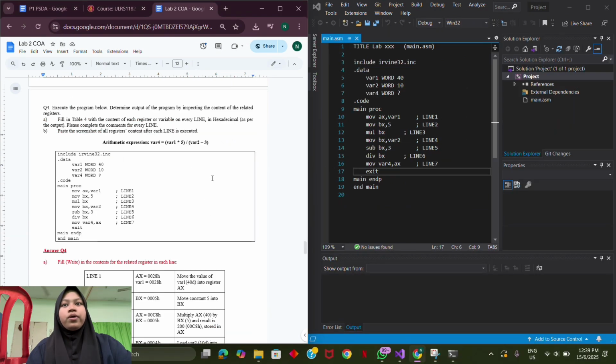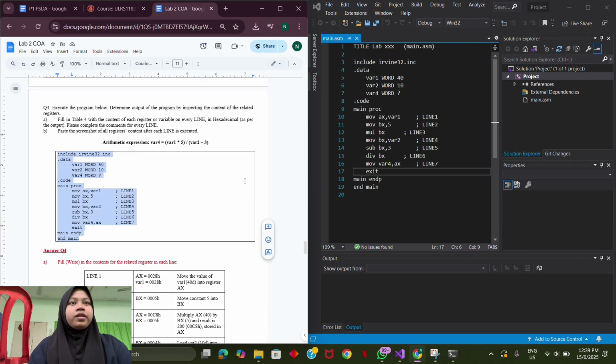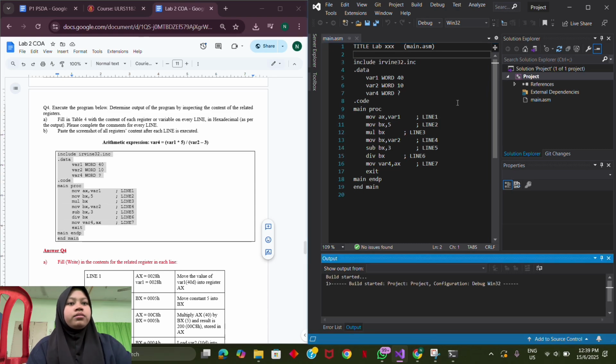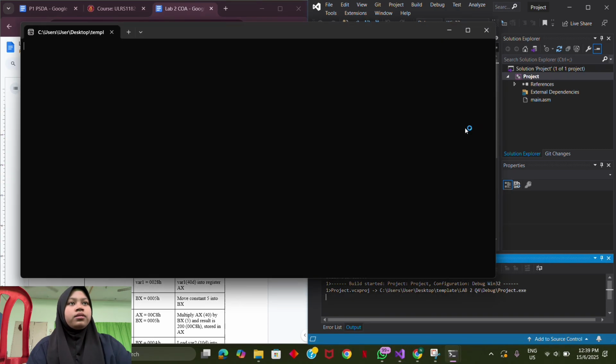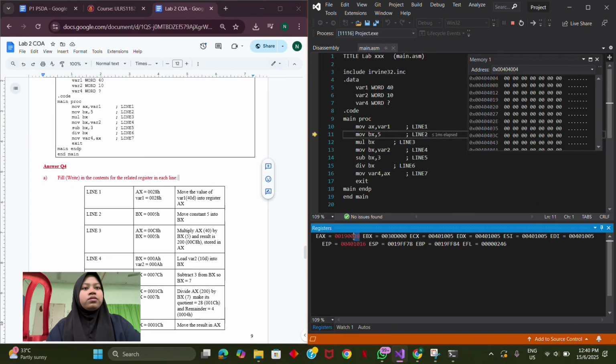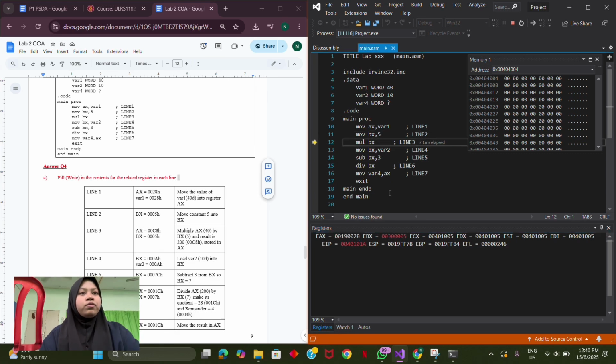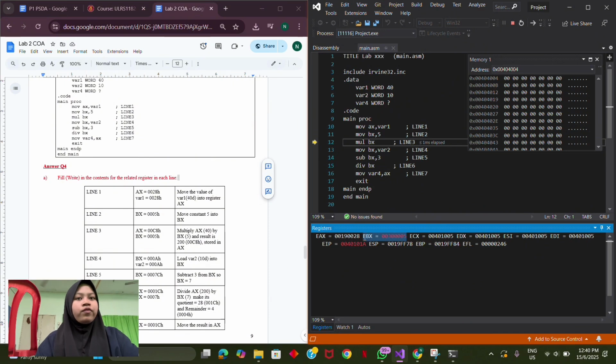Okay, so now I will explain question 4, which is this code. We already pasted it here, and then we just tap F10 to execute. Okay, line 1, we have 0028 in EAX. We move variant 1, 0028, to EAX, and then by line 2, we move 5 to EBX, so EBX becomes this one, it moves the constant. And then next line, which is line 3,